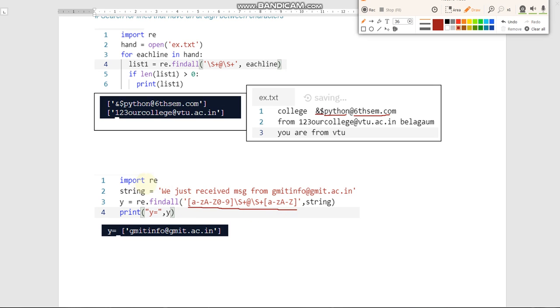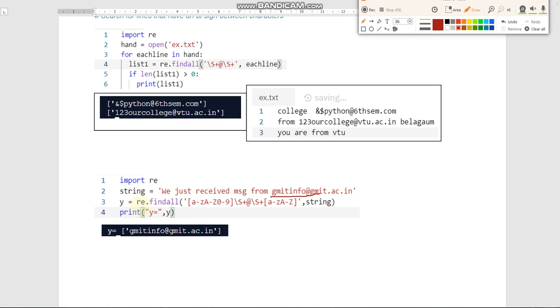See here, we have imported the regular expression, because in order to find out the interested pattern we want to use the regular expression module. And we declare the string variable which is initialized with this sentence which contains the interested pattern.